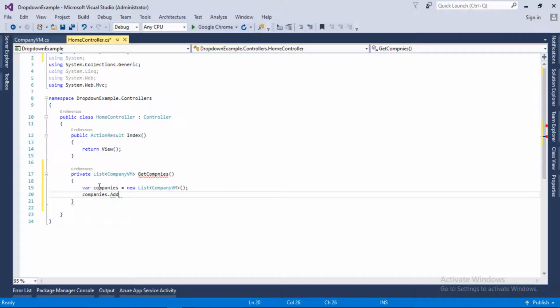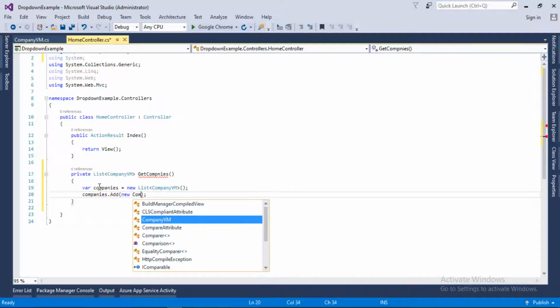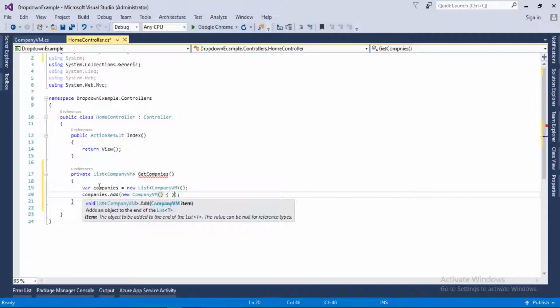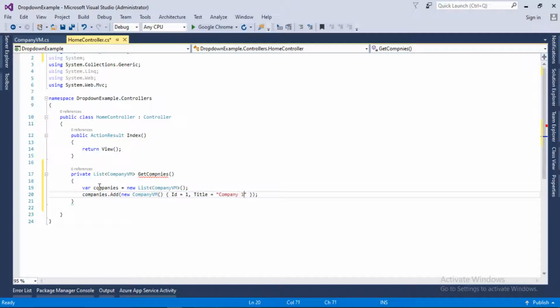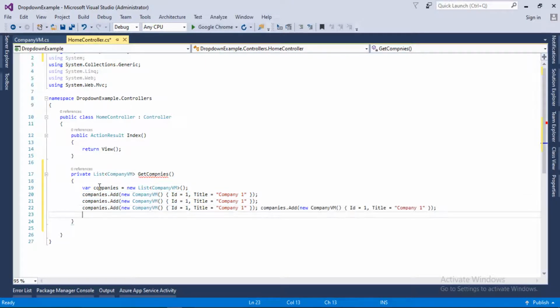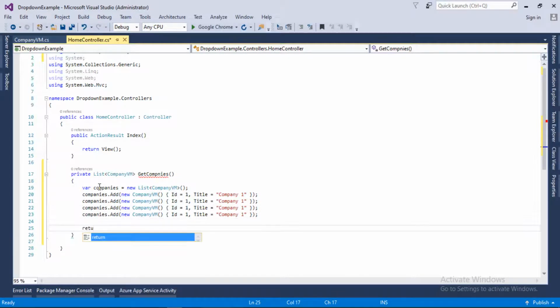So companies.Add, and here we will provide new CompanyVM, and ID will be 1 and Title will be Company 1. Similarly we will add some more companies in the list, and finally we will return the companies from this method.